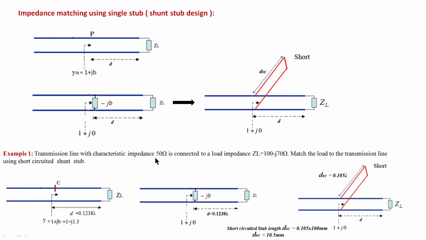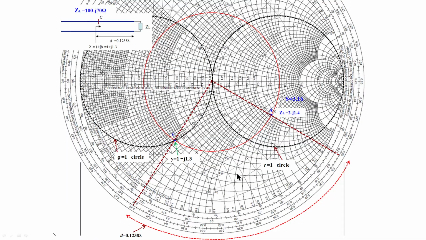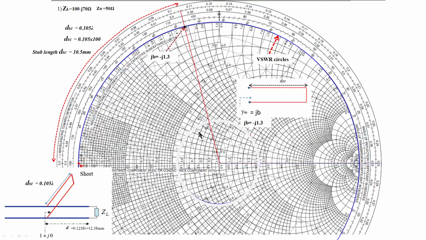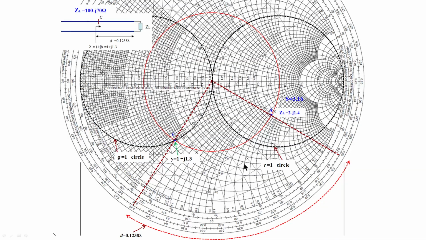On the Smith chart, you should do this two times. Two Smith charts: one for finding the distance where to connect the stub. Then, to cancel the susceptance at that position, you should design the stub in the second Smith chart. You can use a single Smith chart, but you should not get confused, that's all. Stub design is this way. Whatever I explained here, this length, this is the procedure.